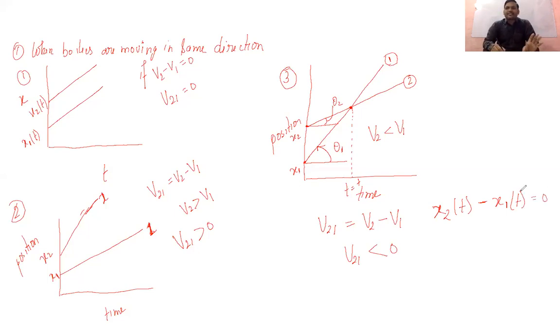Okay, so this is going to be 0. It means this is the distance from the origin, but the relative distance will be 0, and this is the time of meeting when they will be meeting each